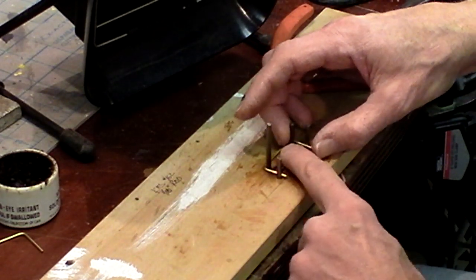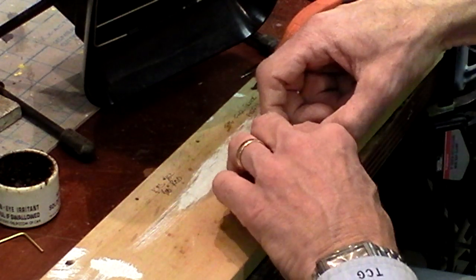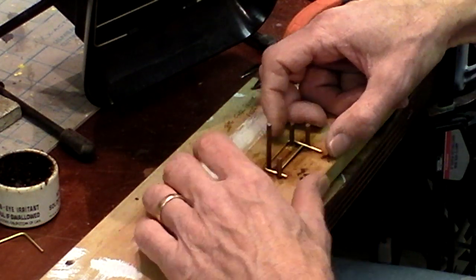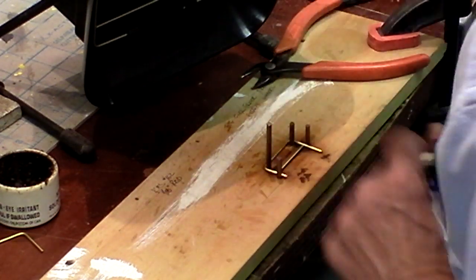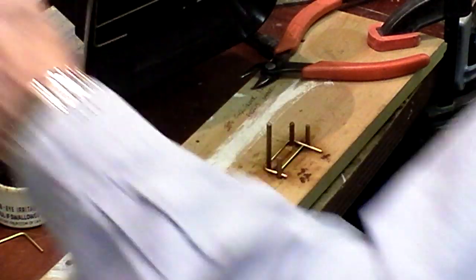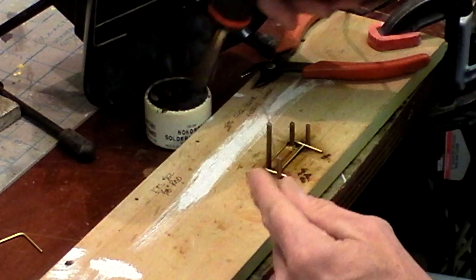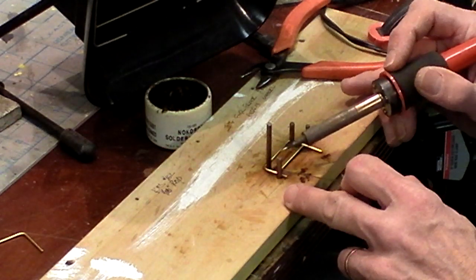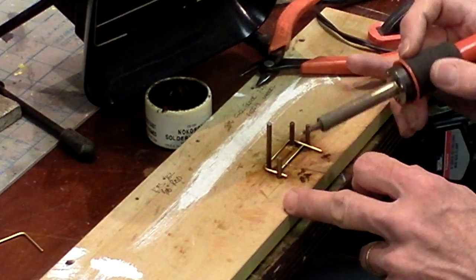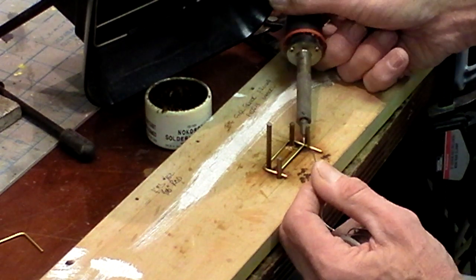Make sure it's going to fit. Okay, now once I got it fit so it fits in there, turn my extractor on. Grab my solder, put a little bit of solder flux, I use no corrode flux, onto my solder, heat up my brass rod,